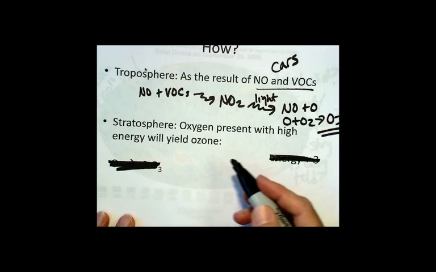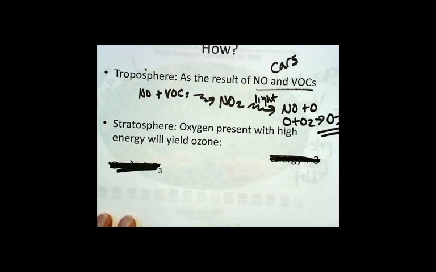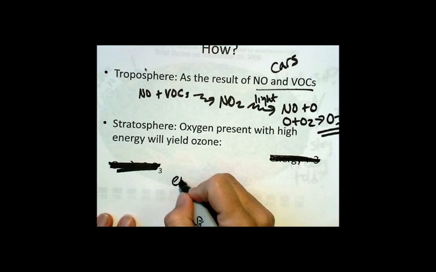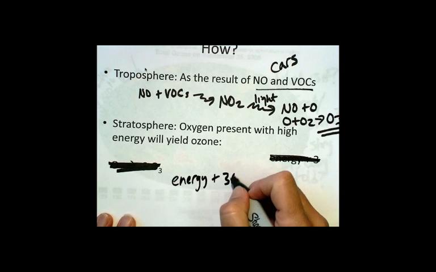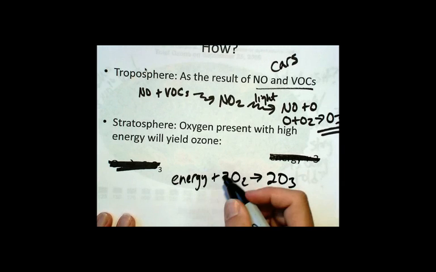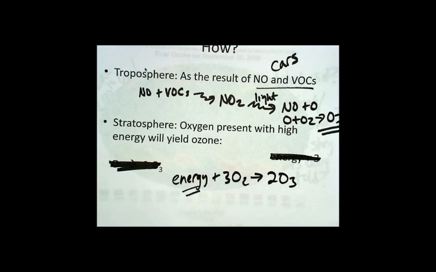In the stratosphere, there's oxygen as well, and in the presence of high energy, oxygen will be converted into ozone. Okay? Now, what kind of high energy do we need for this to happen? Well, if there's a lightning strike, there's a lot of energy around the lightning strike, and around lightning strikes we produce ozone,